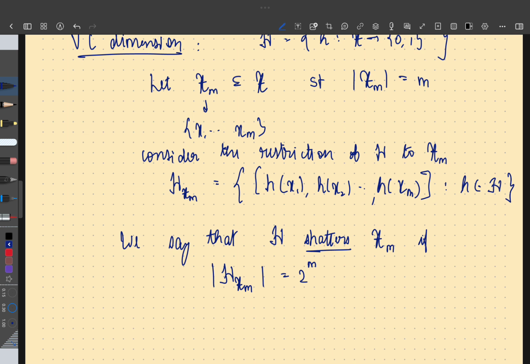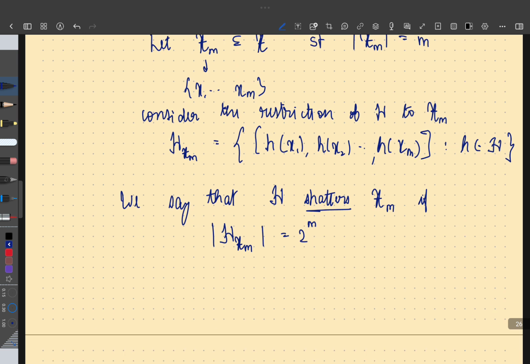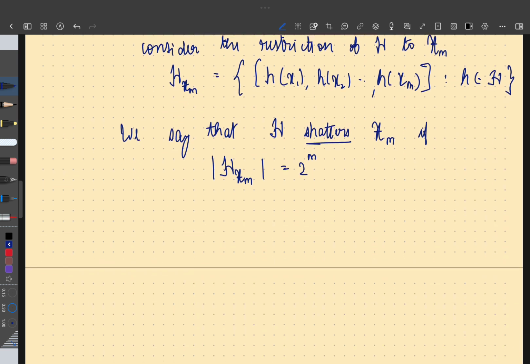All right. So basically, if I take these m points, then as I vary h, I get all possible labelings of these m points. So, for example, let's say I want to classify 2 points in R2 using linear classifiers, right? I could achieve this